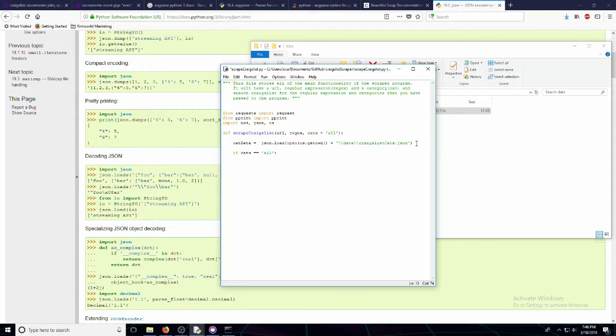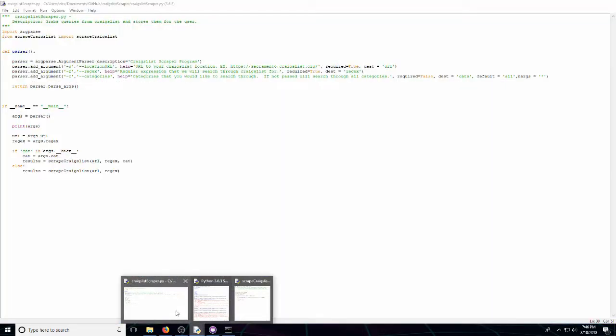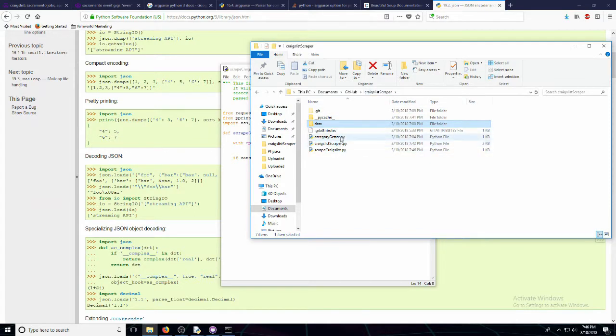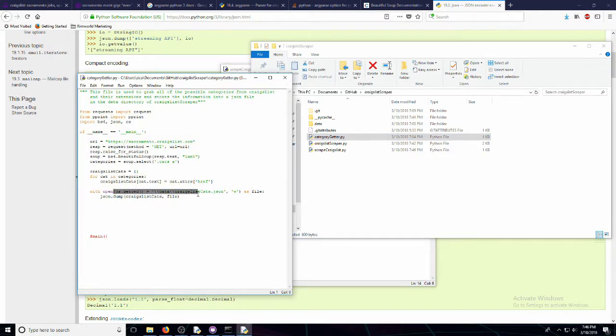Okay, hold on. Actually, I want to do this instead. With open as cat data as cat file. How did we do the other one? No, not that one. I want this one. We just dumped it. Okay, yeah. So if we just load it, then it should be fine. And then we just